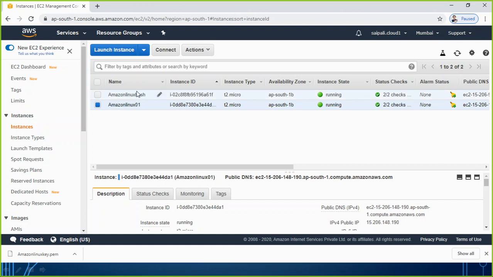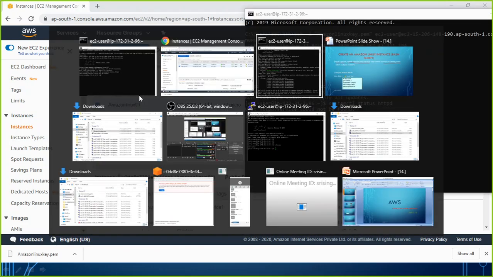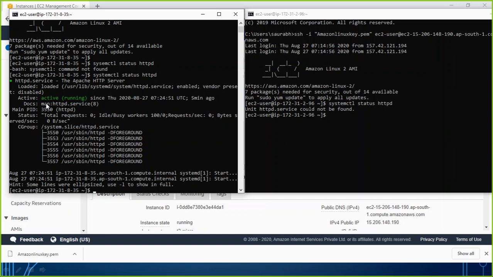So here you can see on this machine when I am doing remote access, I am able to see that the HTTP service is already running, but on the first one it is not running. I can even check in some other way, like if I am not a person who is good with Linux. In that scenario you can also test with one more thing. What I am talking about, let me show you.